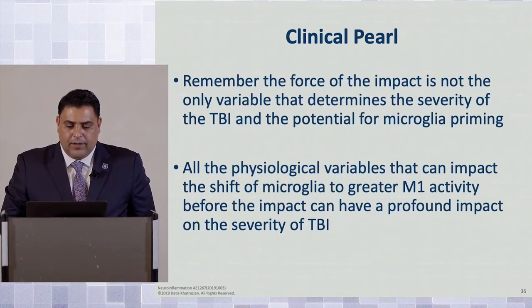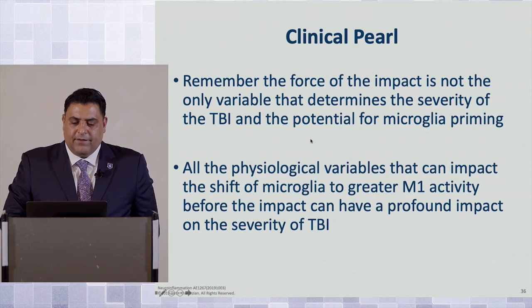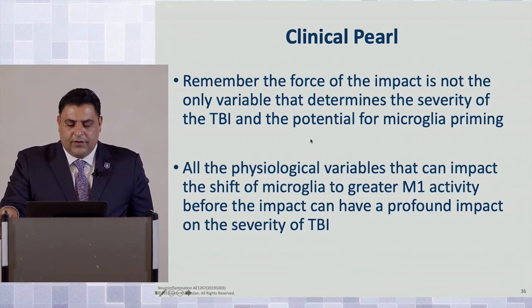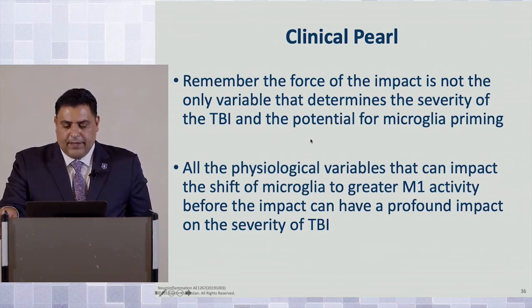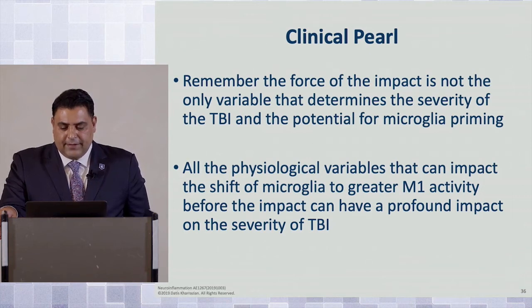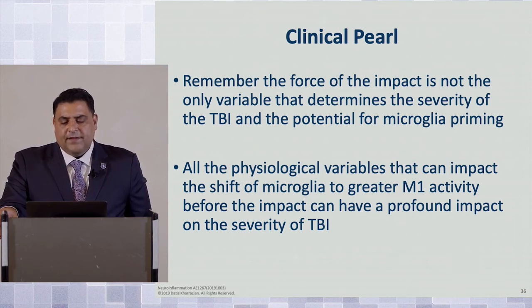Now, remember, the force of the impact is not the only variable that determines the severity of the traumatic brain injury and potential for microglial priming. All the physiological variables that can impact the shift of microglia to greater M1 activity before the impact can have a profound impact on the severity of the TBI. So what this means is that,